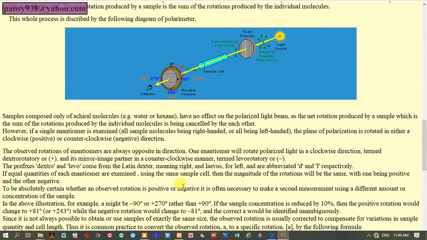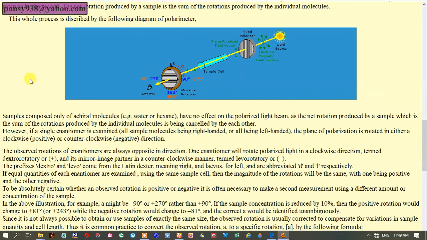The observed rotations of the isomers are always opposite in direction. One enantiomer will rotate polarized light in a clockwise direction, which is also called dextrorotatory and is represented by a positive sign,